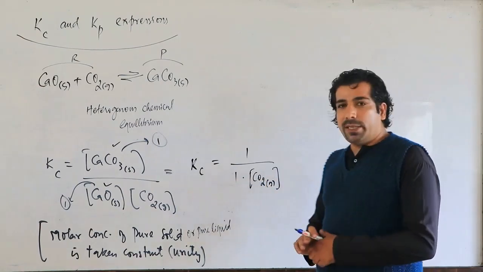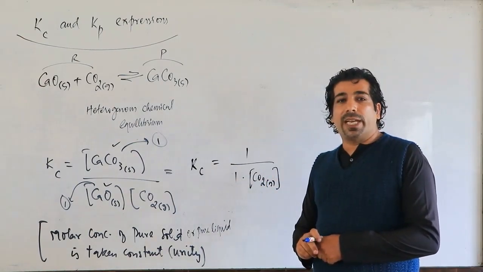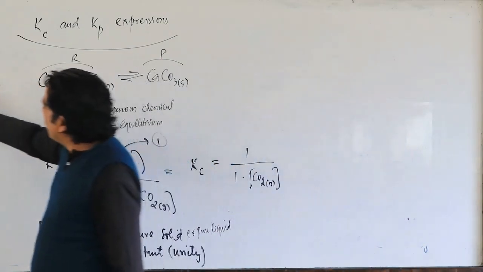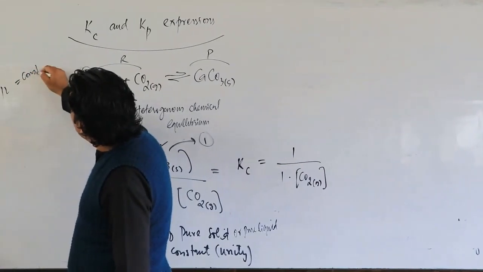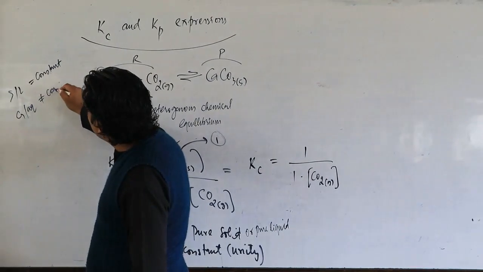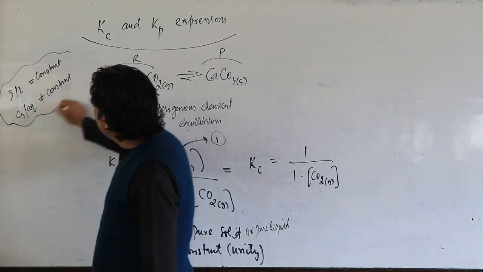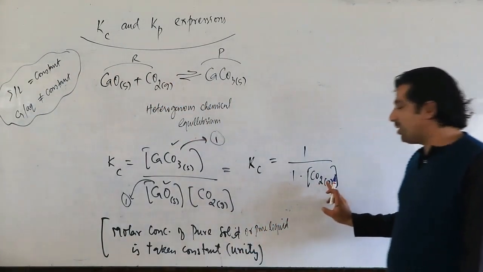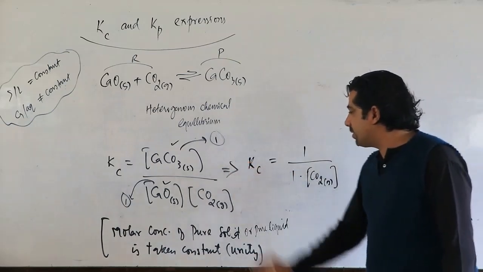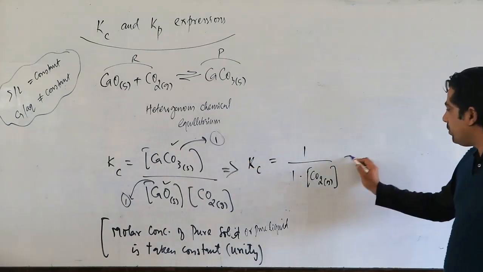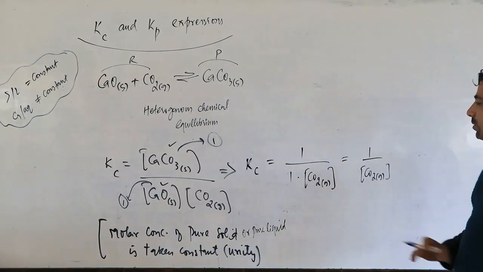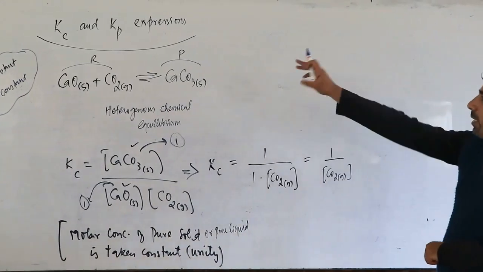And remember always one thing, my dear friends, molar concentration of gas is not constant. I have already showed you. Molar concentration of solid and liquid, what is that? Constant. But molar concentration of gas and aqueous state is not constant, my dear friends. You have already learned it. So obviously for gas it's not constant, so it's not unity. So finally, what is the expression, my dear friends? Finally you have 1 upon molar concentration of carbon dioxide gas. So that's your expression. Now let's look at Kp,